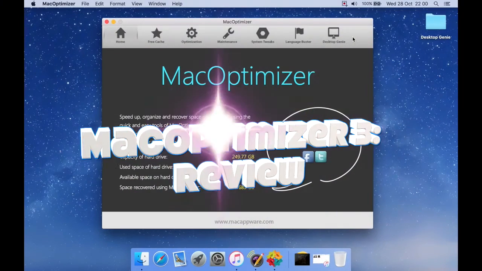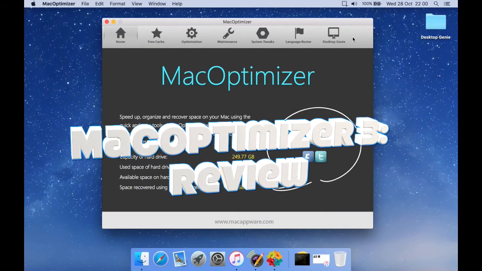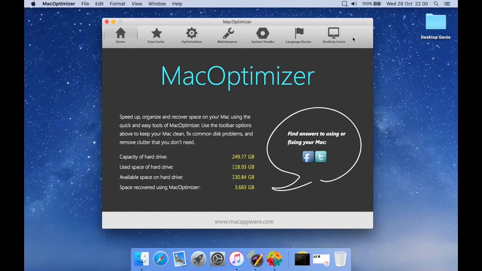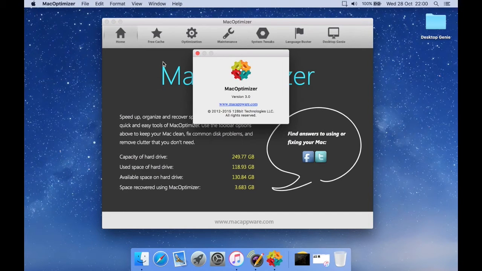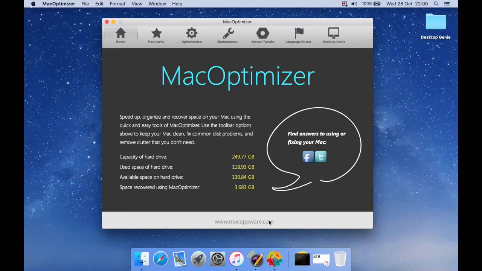Okay, I have a review for a system optimizer for Mac called MacOptimizer 3. It's a new version 3.0, which recently came out. If we have a look at the About box here, 3.0, made by 128-bit Technologies or MacAppware.com. When you first start it up, you're greeted with this introduction sort of screen where you